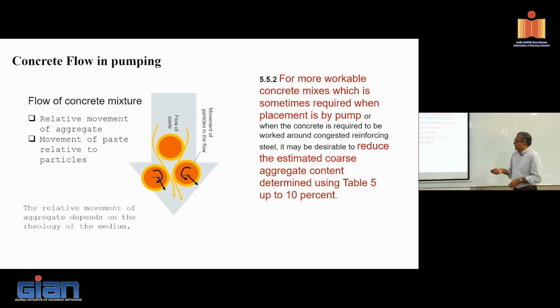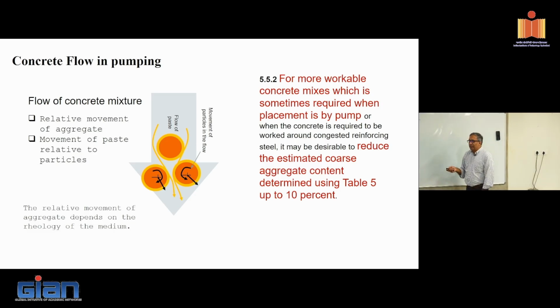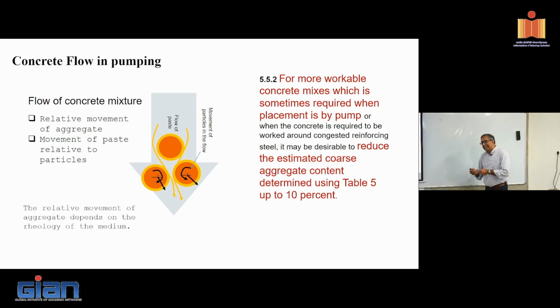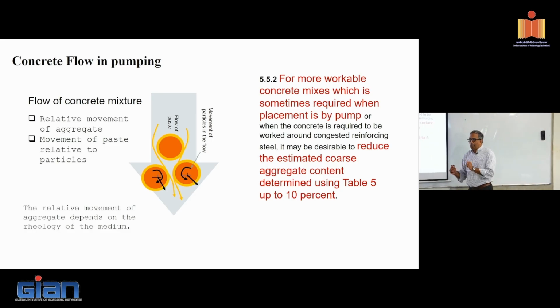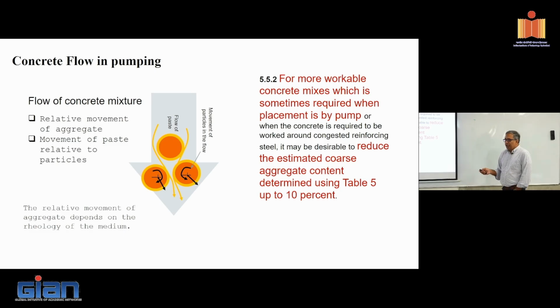What happens there then? The aggregate, basically, each person for himself. What is happening? The aggregate are trying to move whichever way is conducive for itself. What forces the flow of the aggregate? What are the stresses? And the aggregate tries to minimize the stresses on itself. That's what it's trying to do. In doing so, suppose this is the flow of concrete and the aggregate are all moving relative to each other. Now, the aggregates are all coated with this layer of paste on them, right? And as I'm pushing this, what's happening? The paste is also trying to move through these gaps between the aggregate.